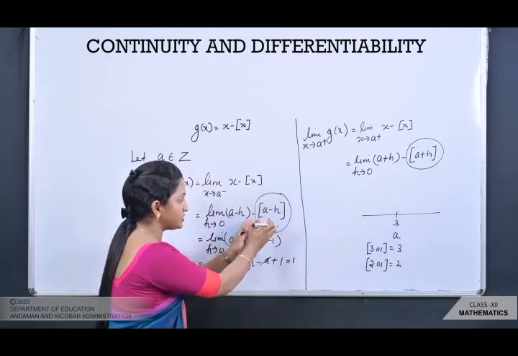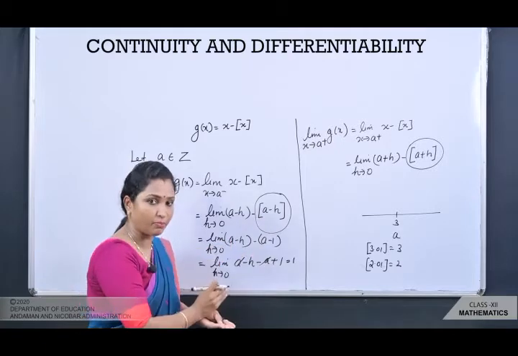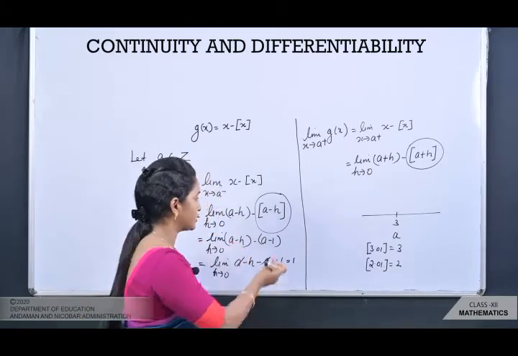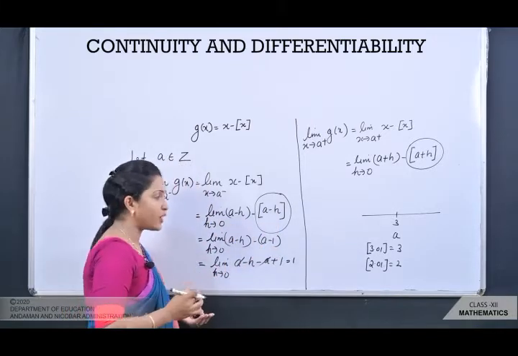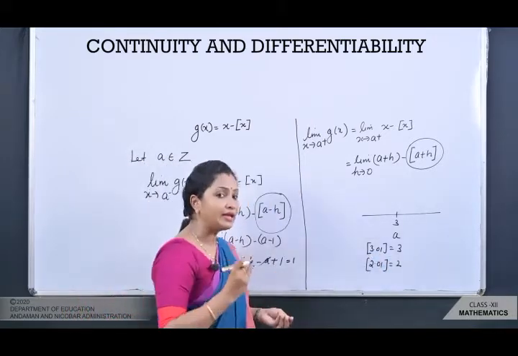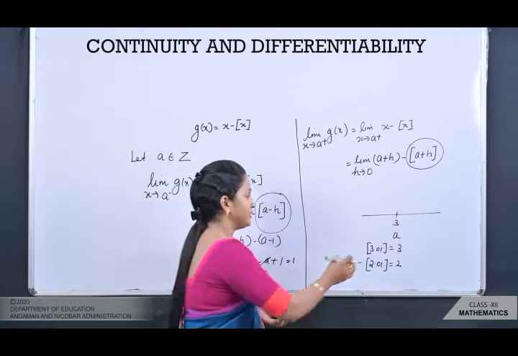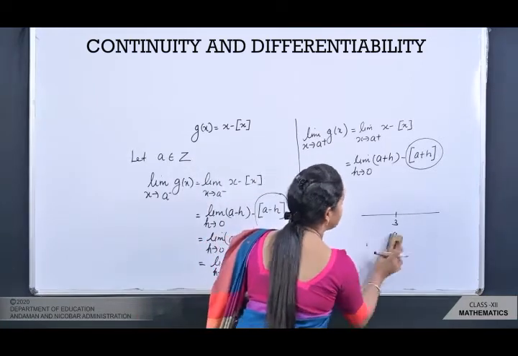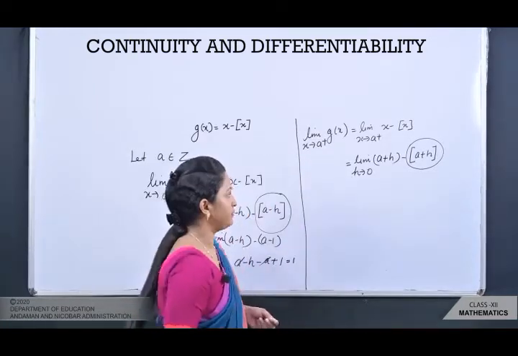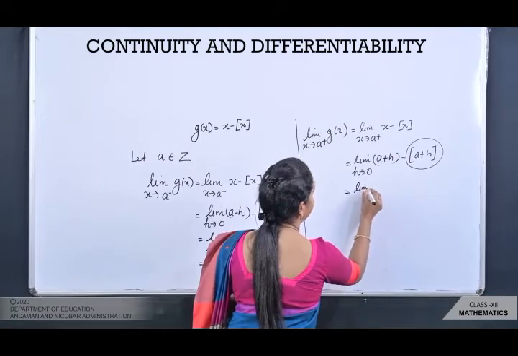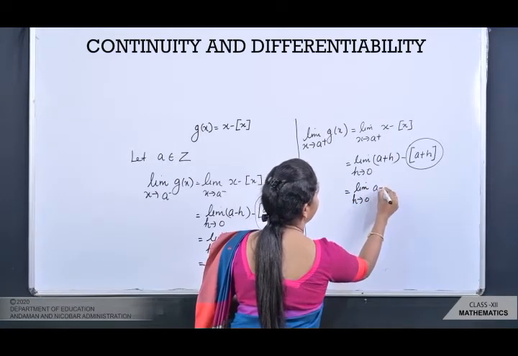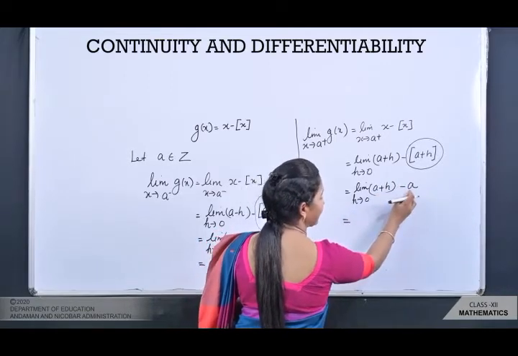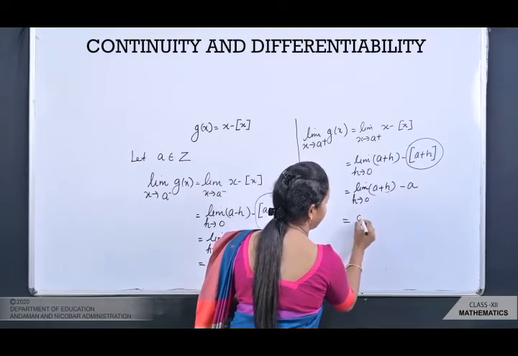ठीक है, मतलब a में अगर आप कुछ थोड़ा सा point add भी करेंगे तो आपको a ही मिल रहा है. But यहाँ case different था, यहाँ पे आप a में जब थोड़ा सा subtract कर रहे हैं तो आपको 1 minus मिल रहा है, एक reduce होके मिल रहा है. That's why I have taken here a minus 1. But here if you take slightly greater than also you are going to get the same a here. So I can write it down the answer, limit h tends to 0, a plus h minus a. So when you simplify a gets cancelled out and h tends to 0 you're going to get the answer as 0.